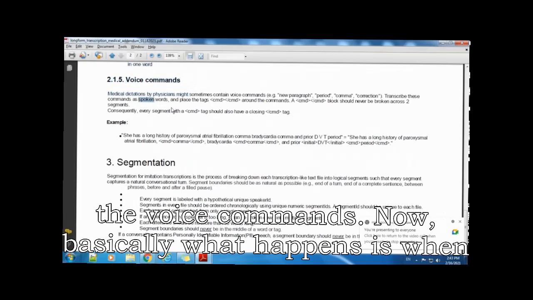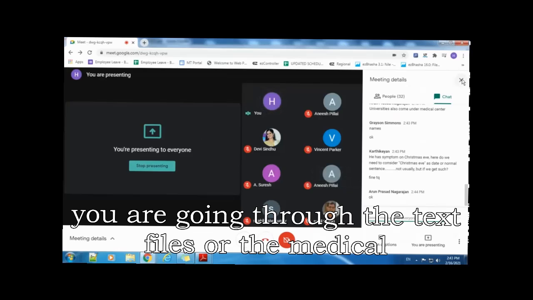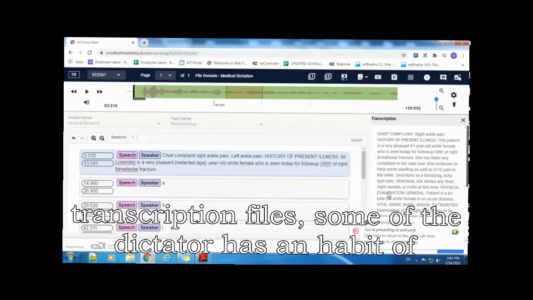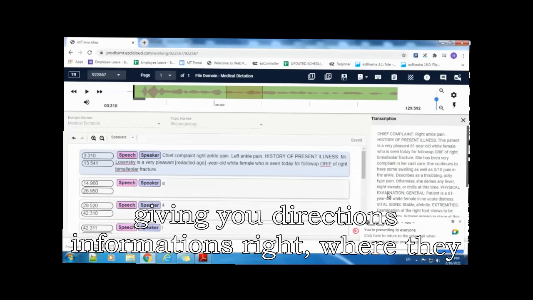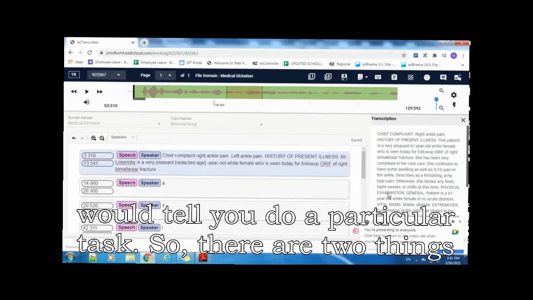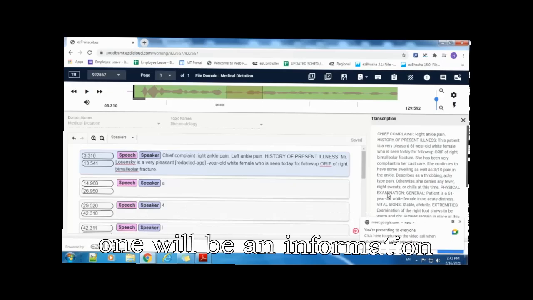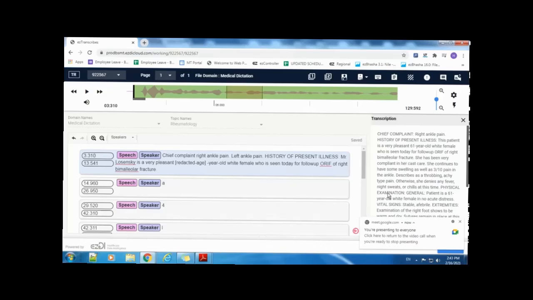Basically, when you are going through the text files, the medical transcription files, some dictators have a habit of giving you directions and information, where they would tell you to do a particular task. So there are two things. One will be information and the second will be a command.